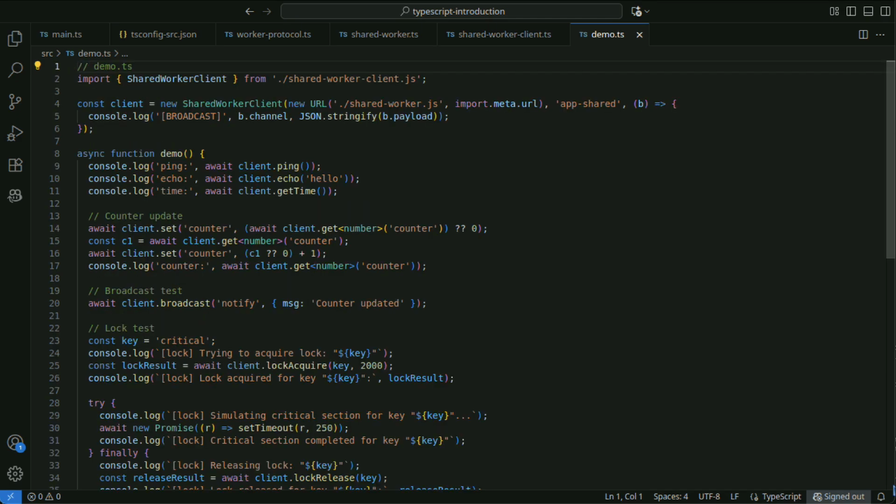This code is a demo that uses a shared worker to share and synchronize data and state across multiple browser tabs. By using message-based communication, you can exchange asynchronous messages safely with loose coupling, making it easier to manage communication between different contexts. In addition, by using RPC, it abstracts communication with the worker in an intuitive, method call-like style, improving maintainability and readability. Let's compile these pieces of code and verify their behavior in HTML.